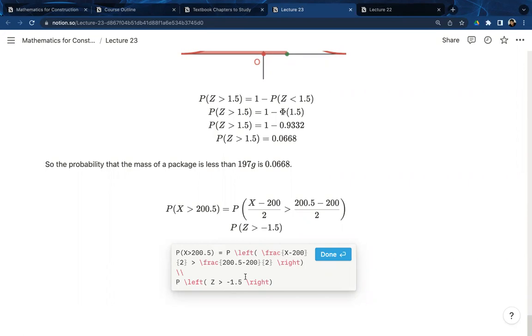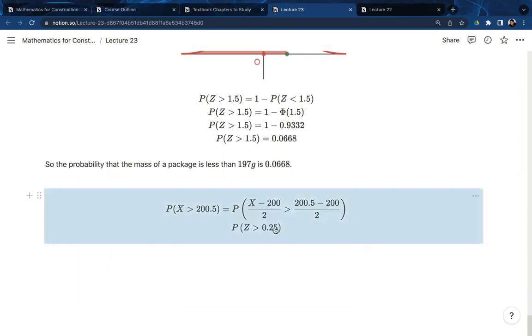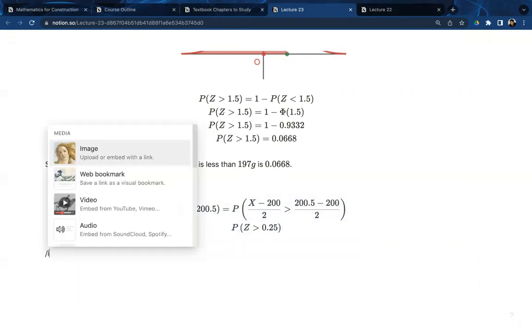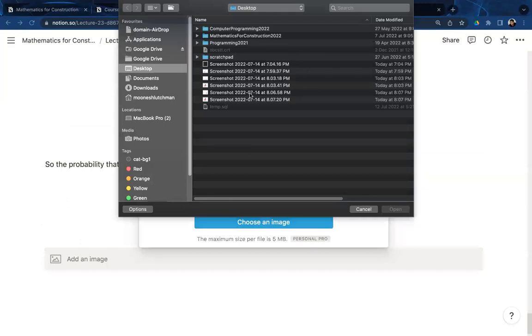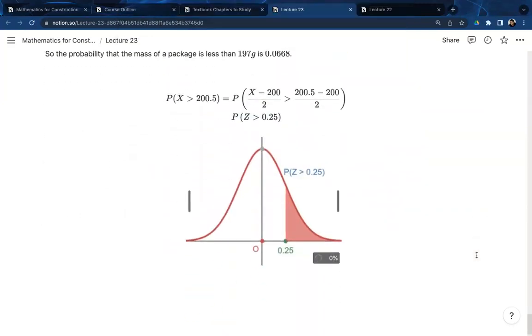Now 0.5 divided by 2 is 0.25. So this is what we want here. How does this look? Let's draw a diagram. This is the probability of more than a positive value. See it here? That's a small probability. And the table cannot give you probabilities for greater than anything. The table only gives you probabilities for less than. So we need to